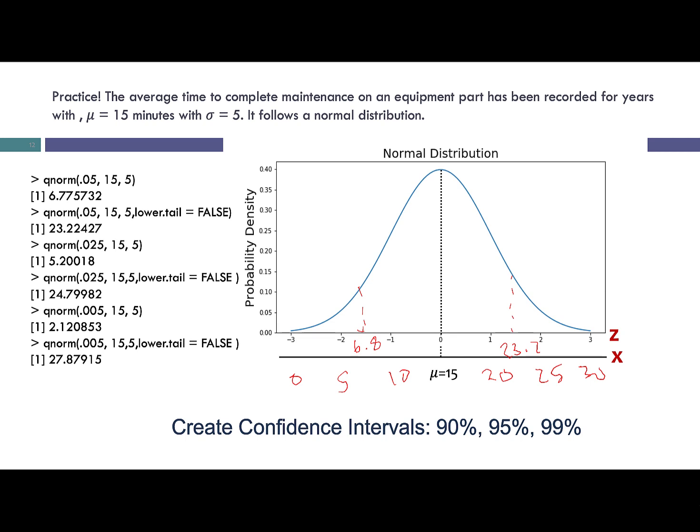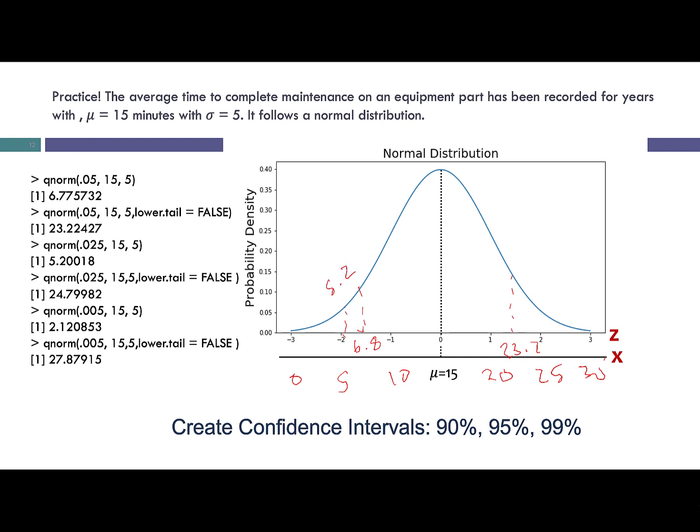Our 95% confidence interval is roughly plus or minus 2 standard deviations. It's actually plus or minus 1.96 standard deviations. We could say plus or minus 2 times 5, or 25, or we could use the more precise numbers that we got from that effort,